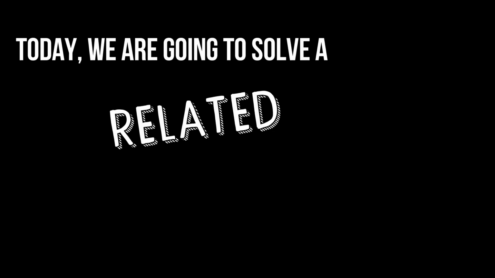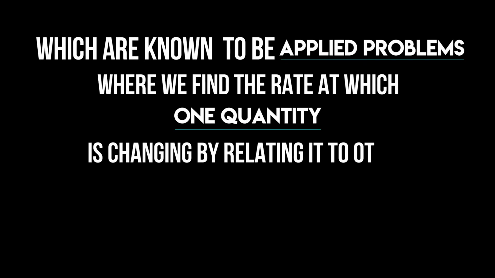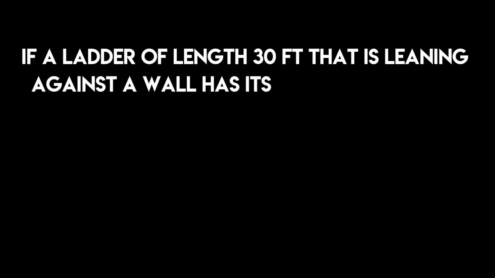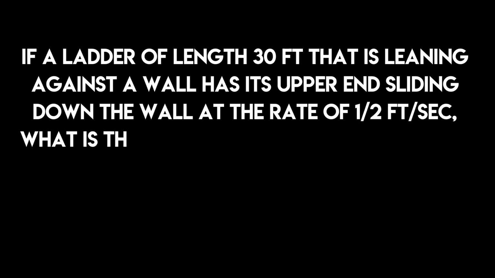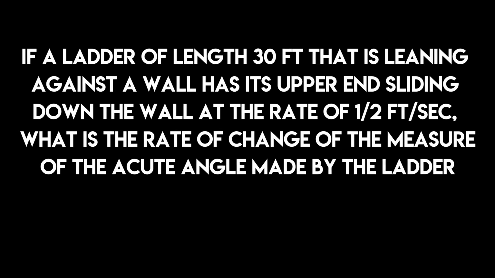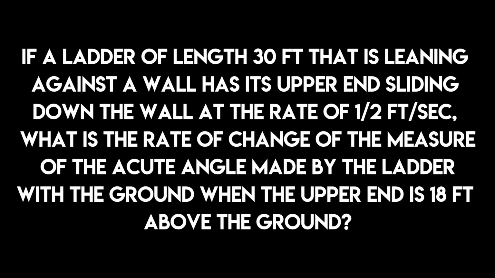Today, we're going to solve a related rate problem, which are known to be applied problems where we find the rate at which one quantity is changing by relating it to other quantities whose rates are known. Our problem states that if a ladder of length 30 feet that is leaning against a wall has its upper end sliding down the wall at the rate of 1/2 feet per second, what is the rate of change of the measure of the acute angle made by the ladder with the ground when the upper end is 18 feet